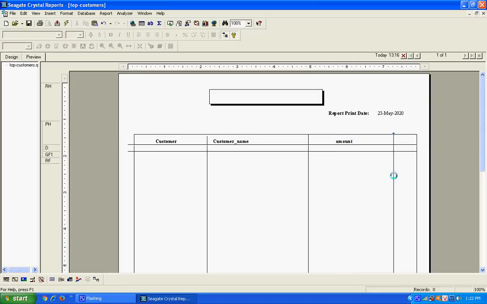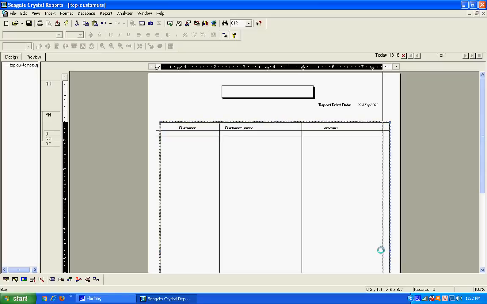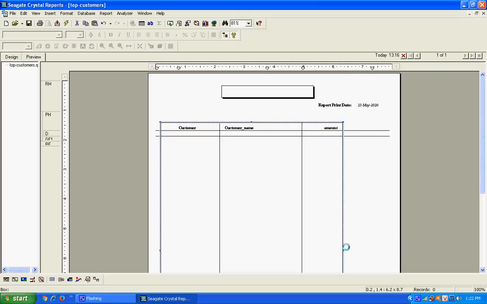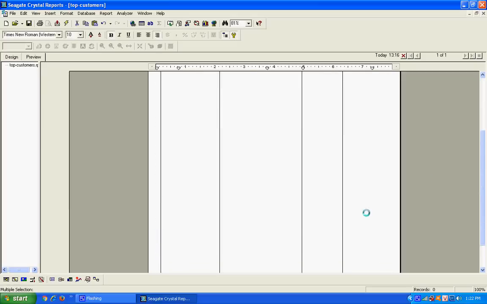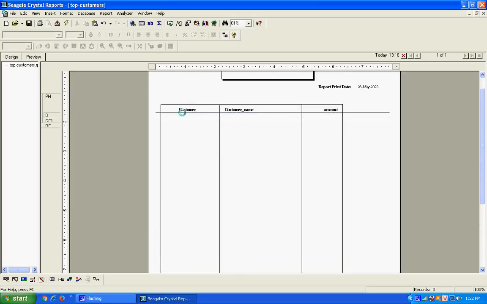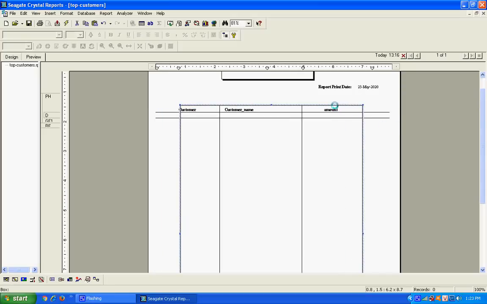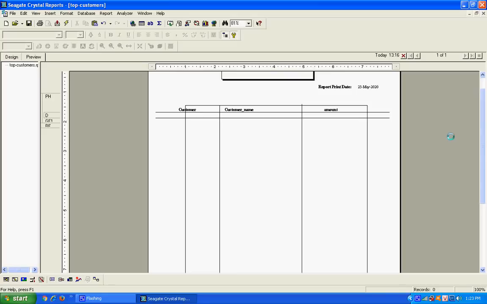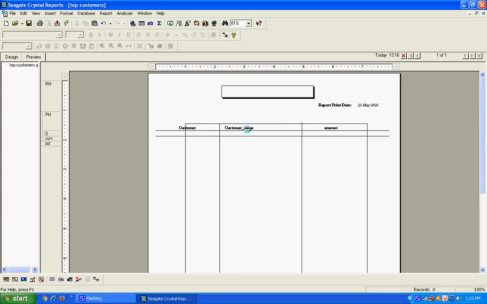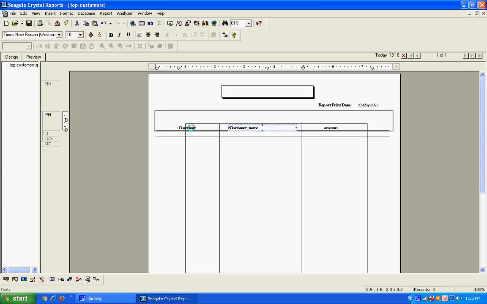And I want to remove this line because we don't need it further. I want to reduce the size of the table because the amount is not much. And these lines also I want to set in this table between the page. First amount, then customer name and customer ID.